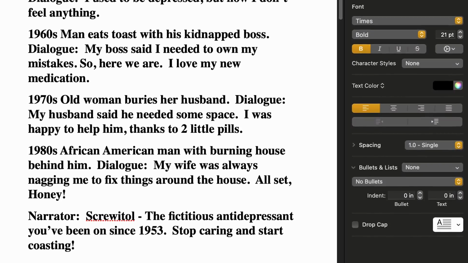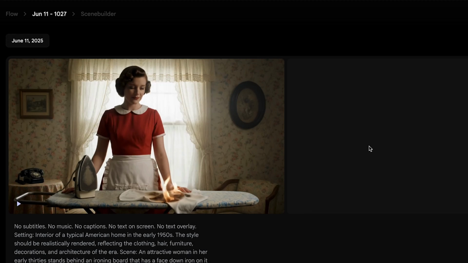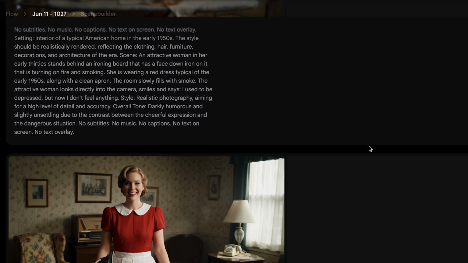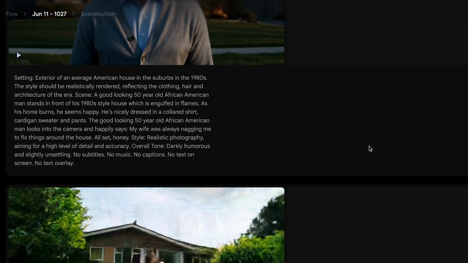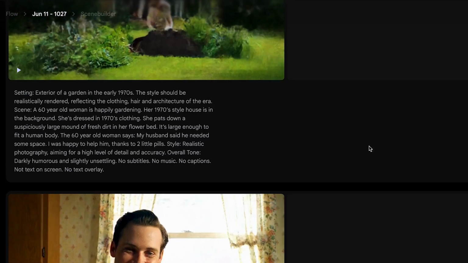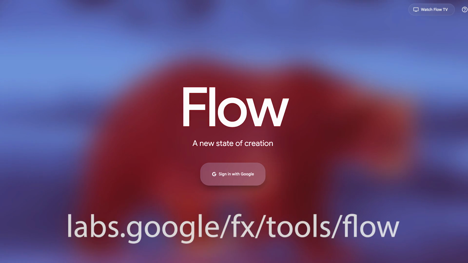After that, because VEO3 turns text prompts into videos, I then created a text prompt for each one of the shots on my script. Let me show you each text prompt and then what VEO3 generated with my input. But first, to use VEO3, go to